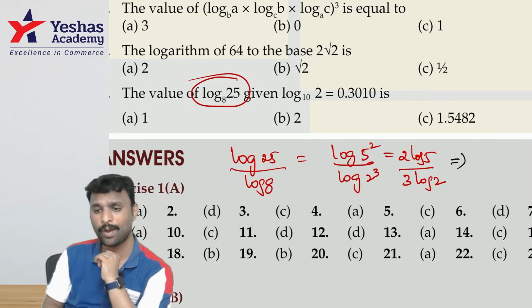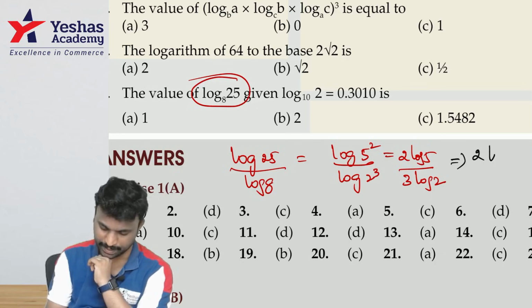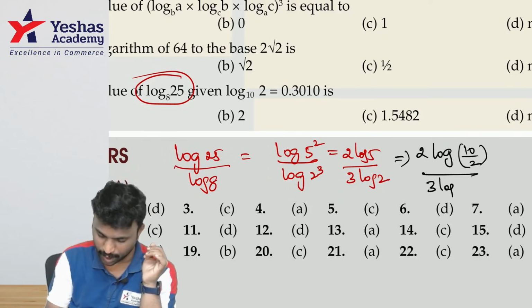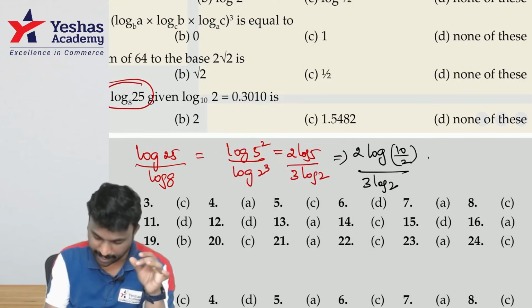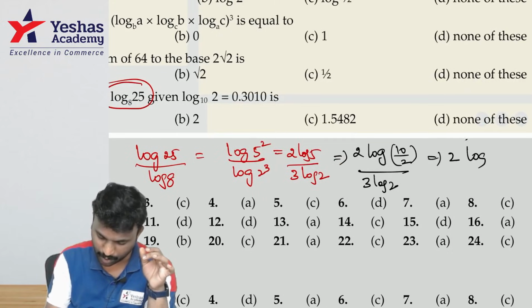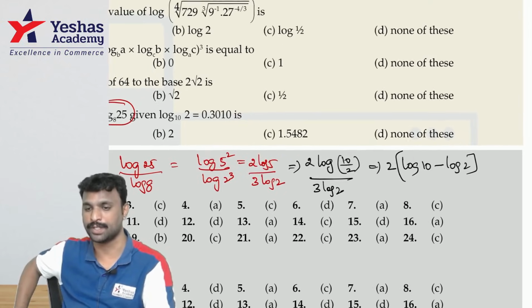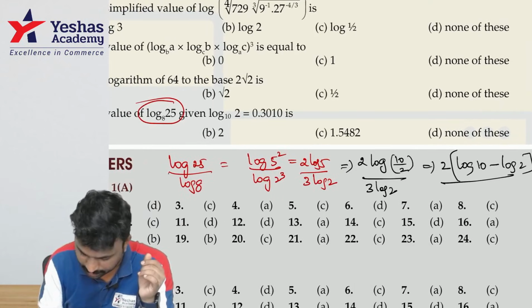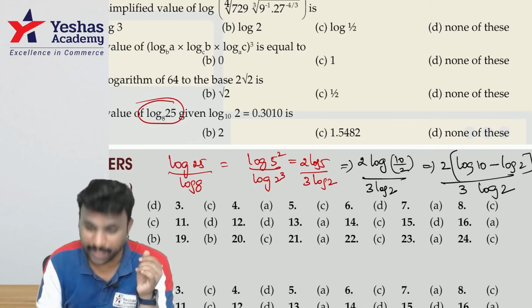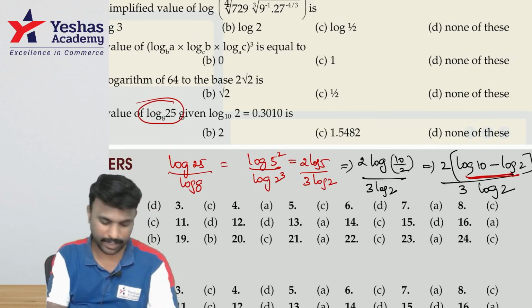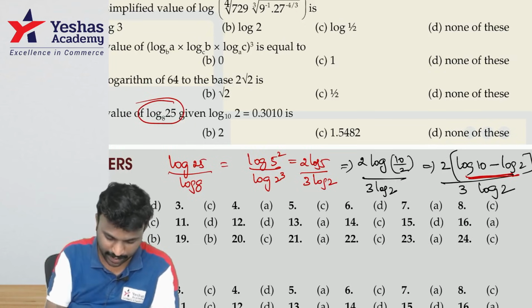Now guys, how do I write log 5 in terms of 2? It's pretty simple. It is 10 by 2. So log 5 is log of 10 by 2, divided by 3 log 2. Everybody look at this. Can I write the numerator with 2 outside: 2 times log 10 minus log 2, because division changes to subtraction, divided by 3 log 2. How do you solve this? First of all, solve the numerator within the bracket. Log 10 value is 1, minus the log 2 value, which is given to be